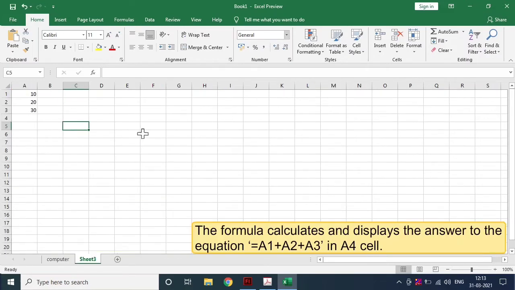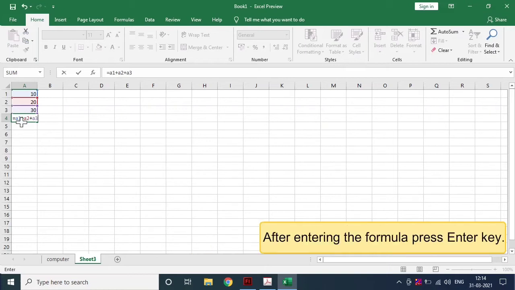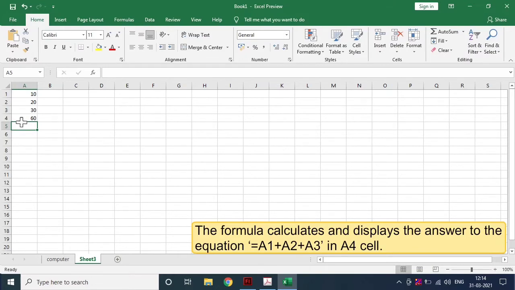The formula calculates and displays the answer to the equation equals A1 plus A2 plus A3 in A4 cell. After entering the formula, press Enter key. The formula calculates and displays the answer to the equation A1 plus A2 plus A3 in A4 cell.